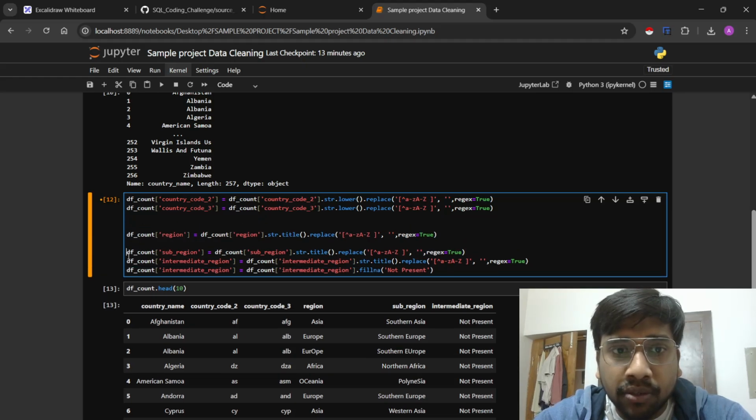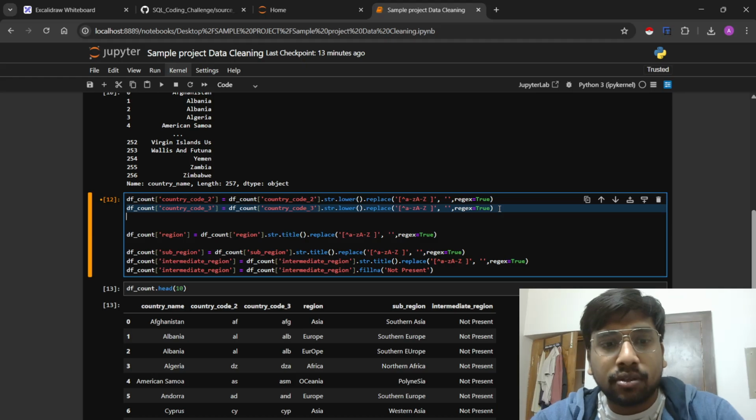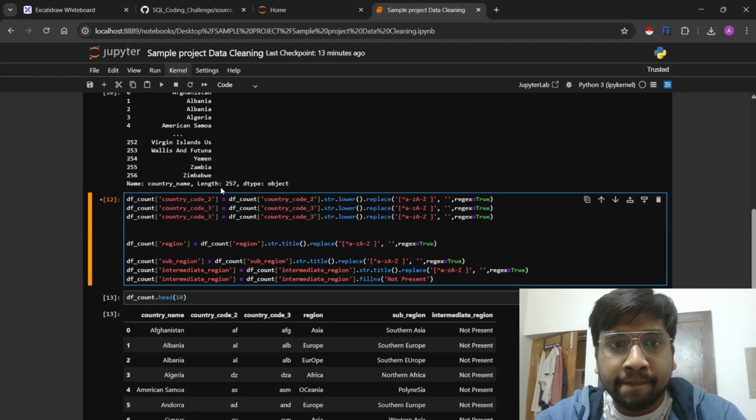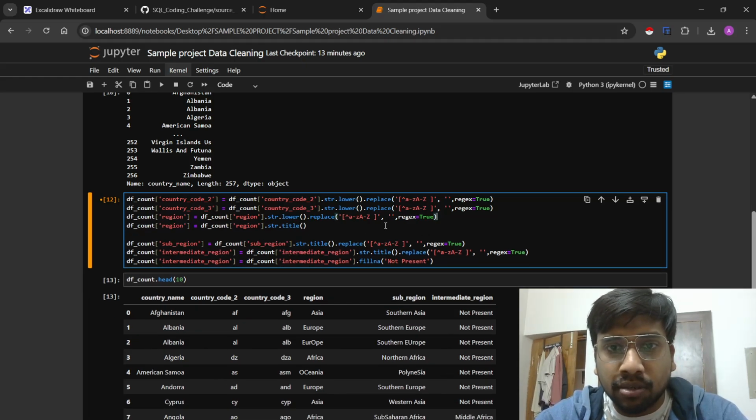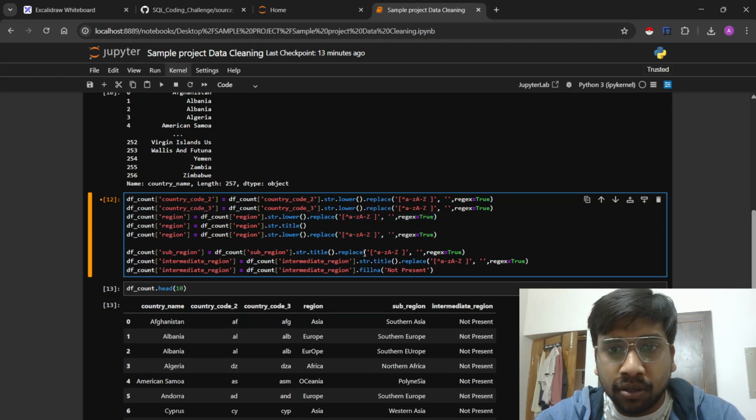Instead, here I will write region, here also region, and here I will remove this part, the extra space. Similarly I will do this for the sub-region.